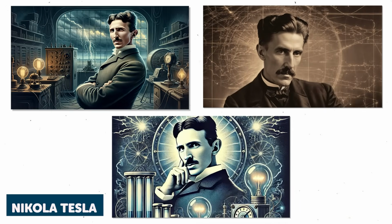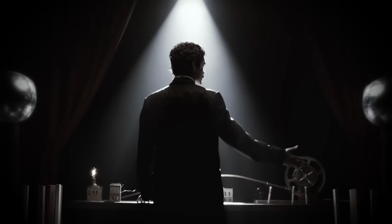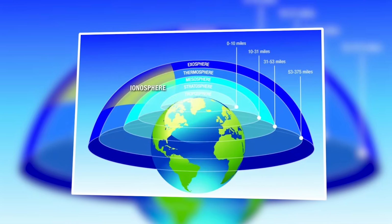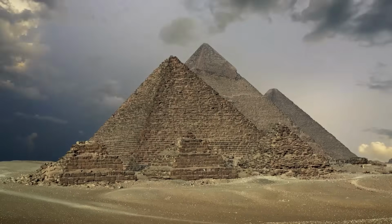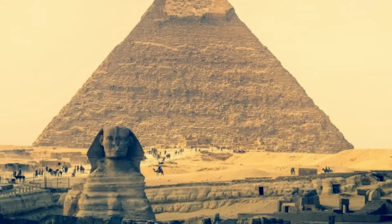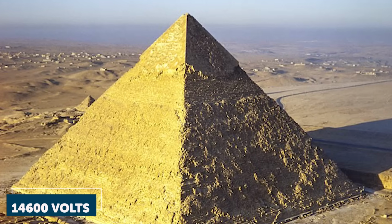The late inventor Nikola Tesla had a theory that helps explain this process. Tesla described Earth as part of a giant electrical system, which he called the Earth ionosphere capacitor model. In this system, the Earth's surface acts as the negative plate of a massive capacitor, while the ionosphere acts as the positive plate. Between these two plates, there is a massive potential difference. Scientists estimate it to be around 400,000 volts. This electric field grows stronger with height, increasing by about 100 volts for every meter above the ground. At the top of the Great Pyramid, this field would have reached its peak, creating around 14,600 volts of potential